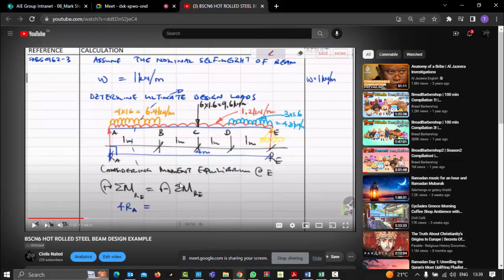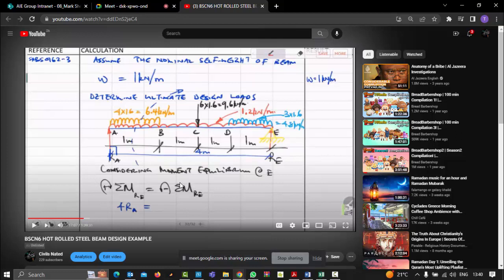So here you're applying what we did in N5, but the main difference is that this time around the self-weight of a beam is included in your calculations. In N5, we never used to include the self-weight of a beam. This time around, you include the self-weight of a beam, and when you do include it, you know what we're doing there? We are assuming that the self-weight is 1 kilonewton per meter, which is more than